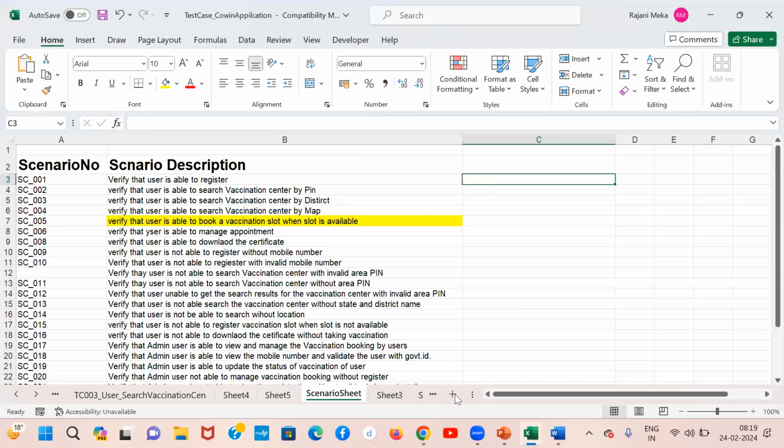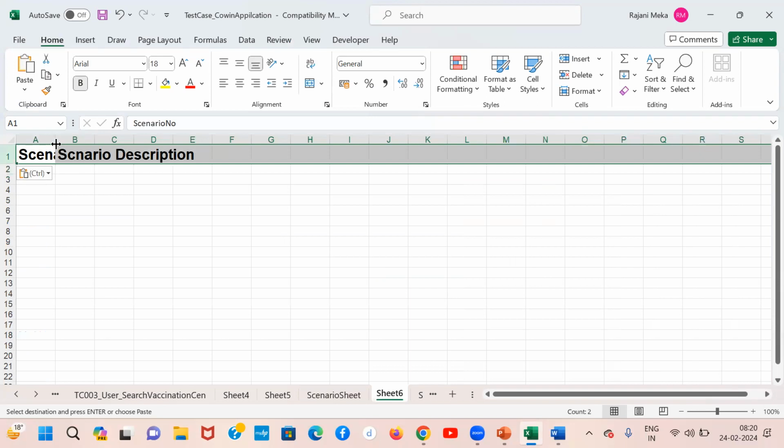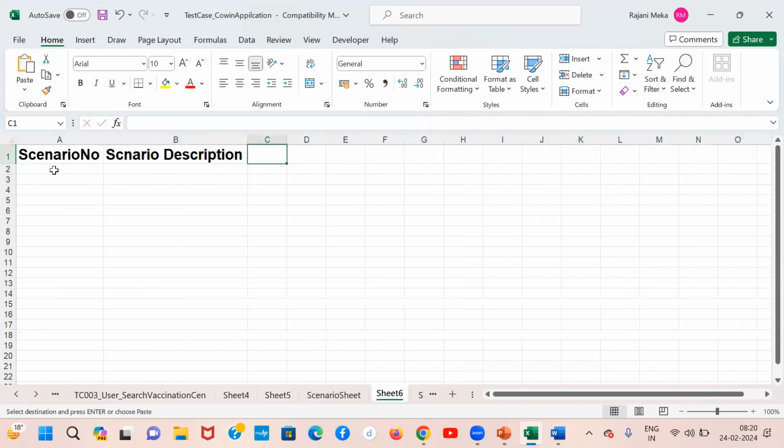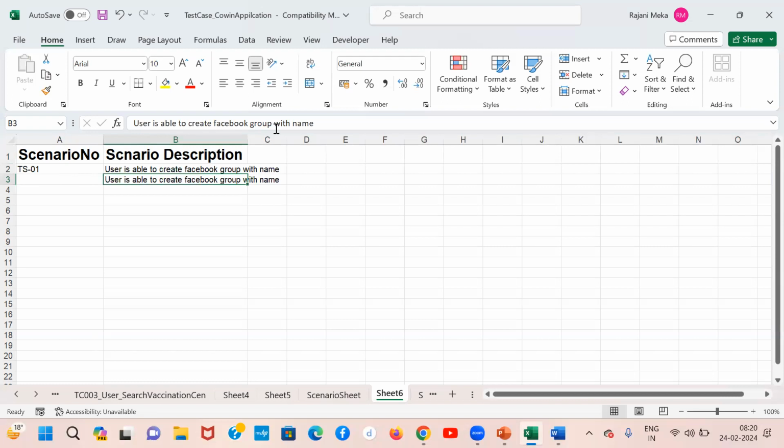So I will write a scenario in a new tab. Okay. We'll copy this. Just a scenario description. What is a scenario description? We will write it. Scenario is TS01. Description is user is able to create a Facebook group with name. Then again, user is able to create a Facebook group and provide